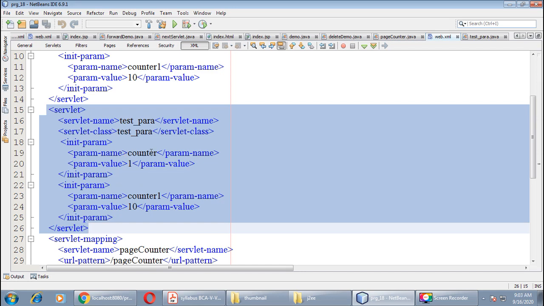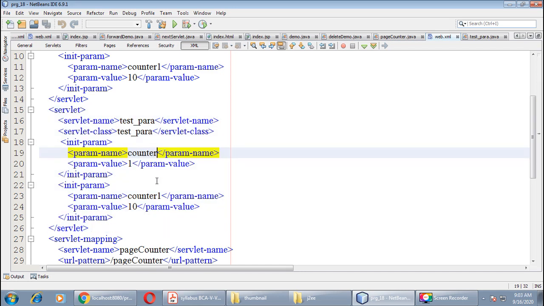Okay, you can change the names of these parameters as per your wish. Even you can define more than two variables. Again, it depends on you. Here I took the same parameters for the test_para servlet also, right? counter and counter1, and the values are 1 and 10 respectively.